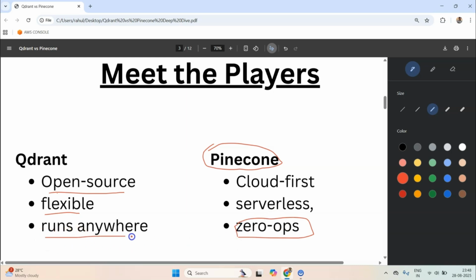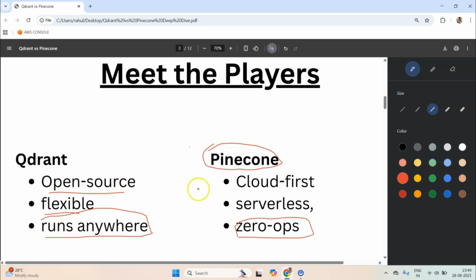Now Quadrant can be run anywhere, which essentially means that you can run it using Docker. You can run it on your own EC2 instance. Since it is an open source package, you can just download it and run it anywhere that you want.